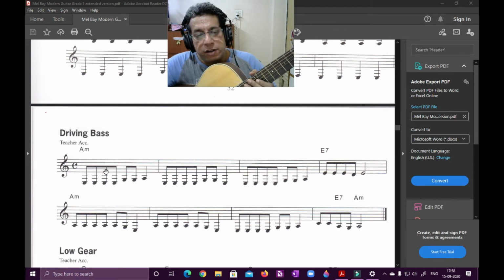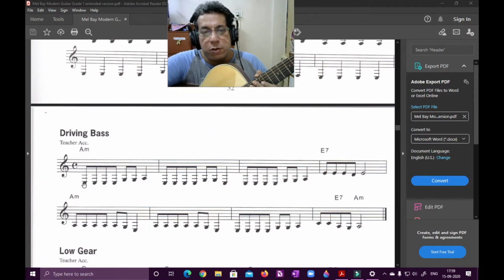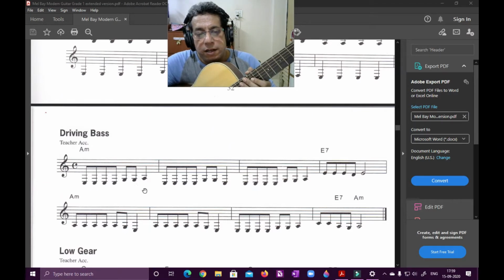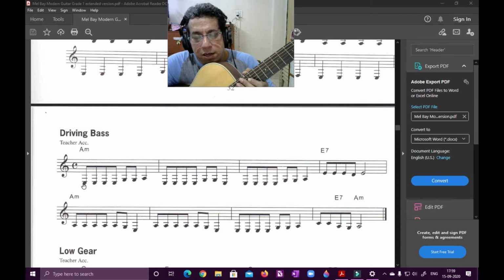Now the first set over here we have 4 quavers. Okay, so we'll be counting. When we see quavers in a bar, like this is a crotchet, you'll know, and these are quavers. Quavers are half beat, crotchets are full beat. So when you see quavers, we start counting "and".